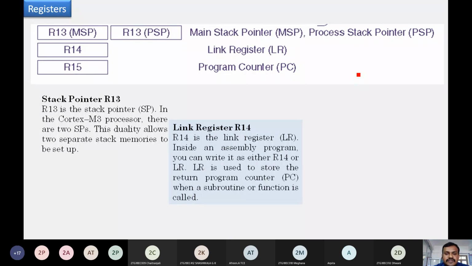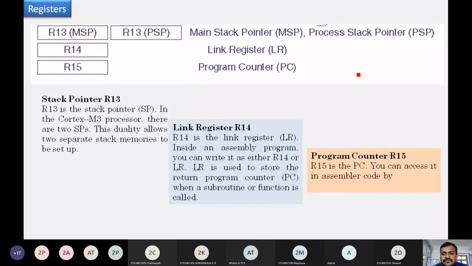The main purpose of this link register is that when the PC is moving towards execution of a subroutine or a function, the return value of the program counter is kept in LR, the link register, or the R14 register. R15 is the program counter, used to access the code which is going to be executed next.